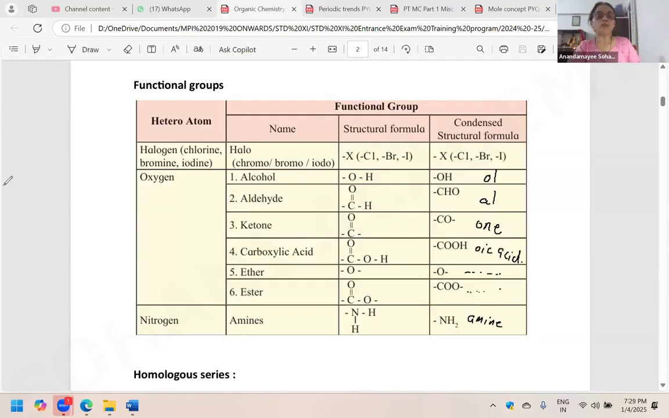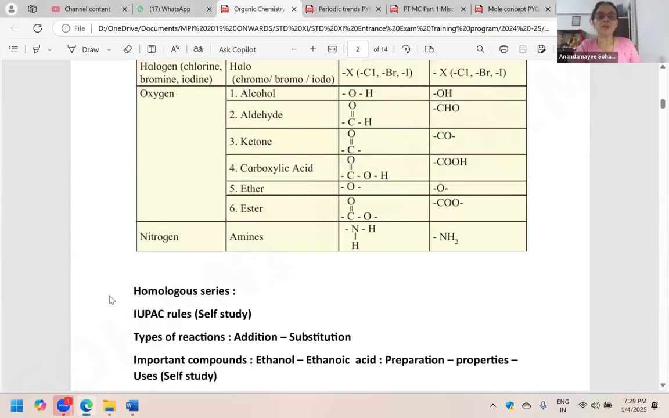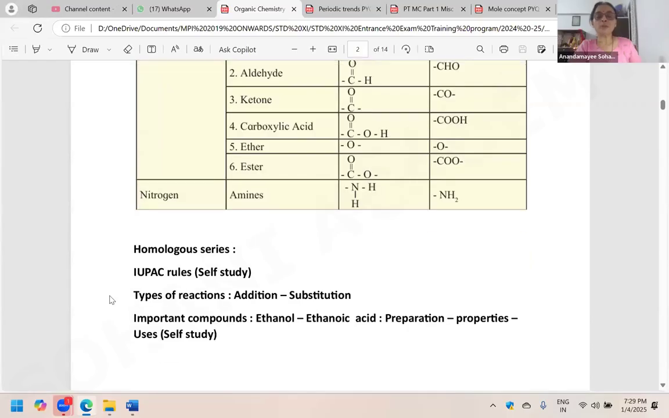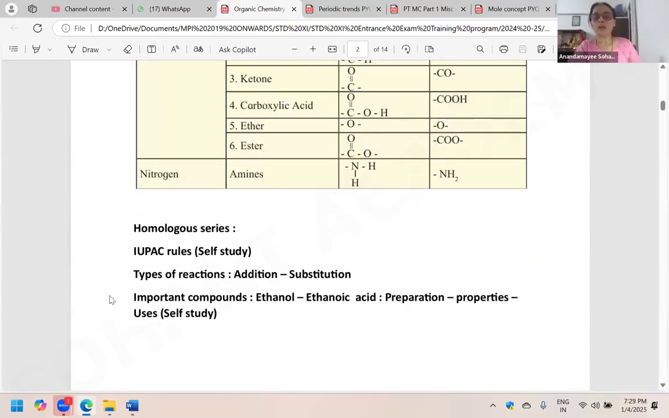Okay. Then rules of IUPAC, where you add E, where you remove E, that will be your self-study, because in our given time, we will not be able to do the IUPAC rules. But if you have any doubt, you can always ask me in our next class. As we discussed,